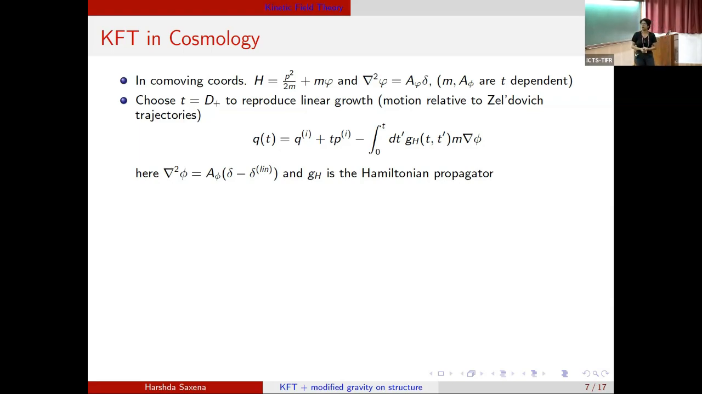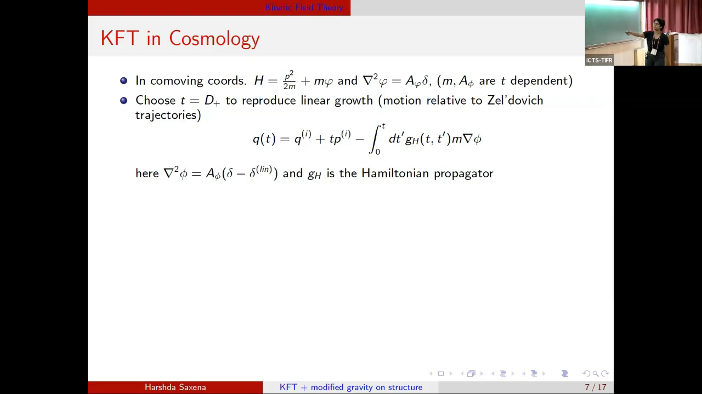Another simplification we'll be making is that instead of cosmic time, we'll be using the growth factor. So we'll be changing our time coordinate. This is basically to reproduce linear growth. What we want to do is study motion relative to linear motion. And if you use this Hamiltonian and solve using Green's function, you end up with this very cool result, which is basically that the